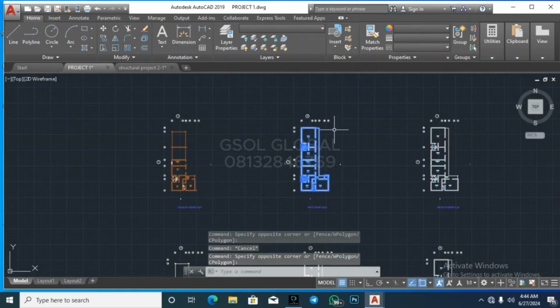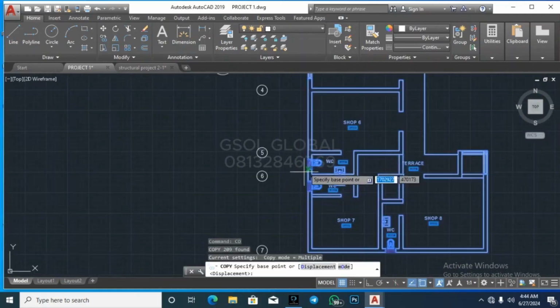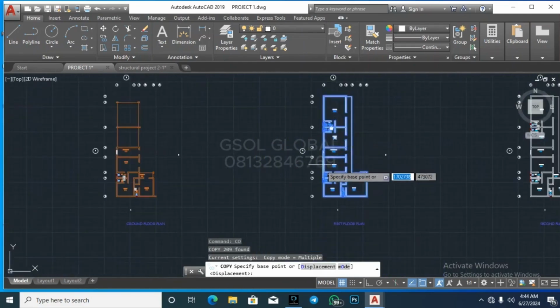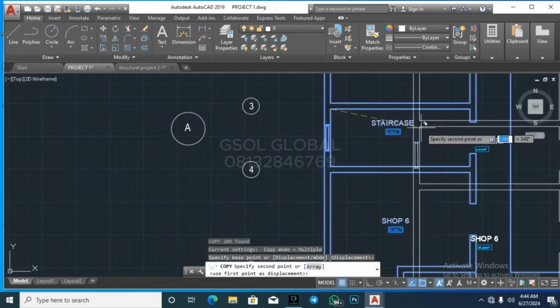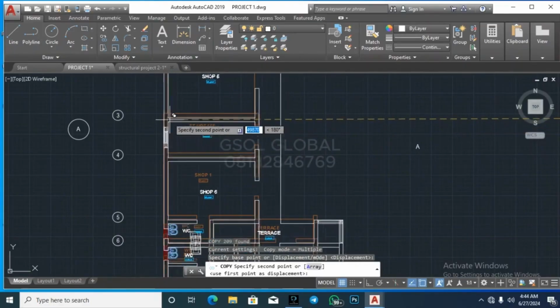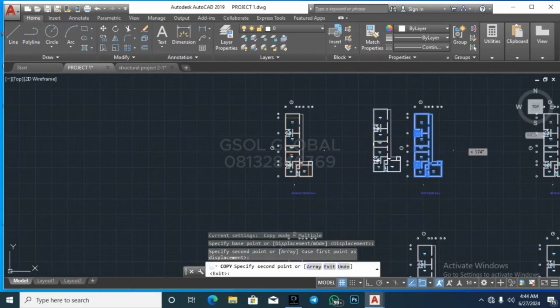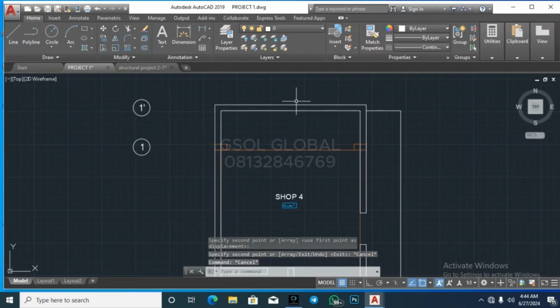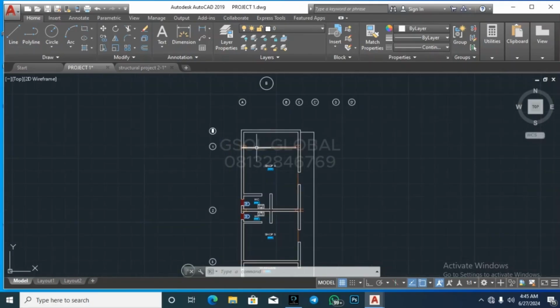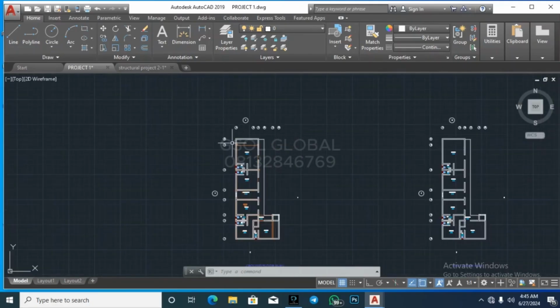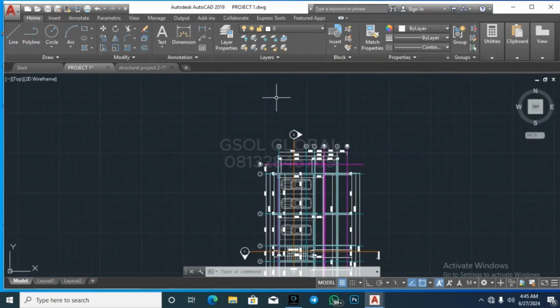All right, so I'm just going to copy this, my staircase area as reference point, and then I'll place it here. All right, so now we can see what we are having here, right? So you can see,